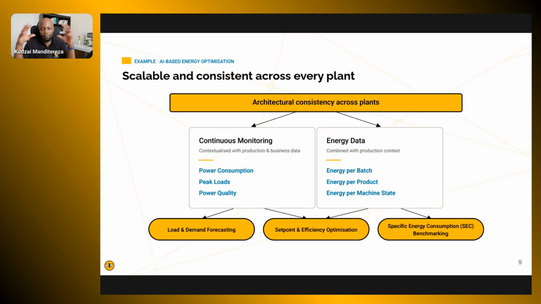If you look at it from a high level perspective, for example, if you have an AI-based energy optimization use case, actually multiple use cases, you could have every plant run on the same foundation, publishing the same contextualized events using a consistent data model. So you're continuously monitoring your energy metrics that are contextualized with production and business data, or you're collecting your energy data and combining it with production context using a